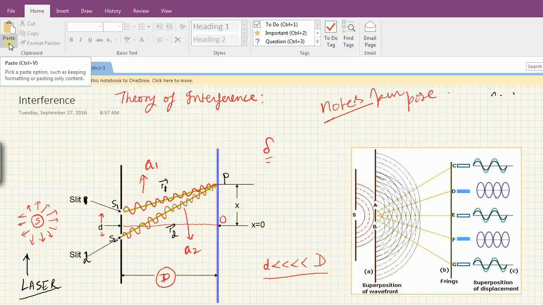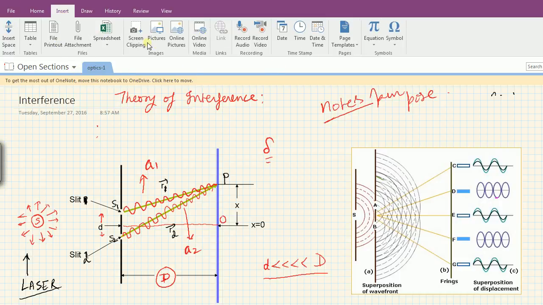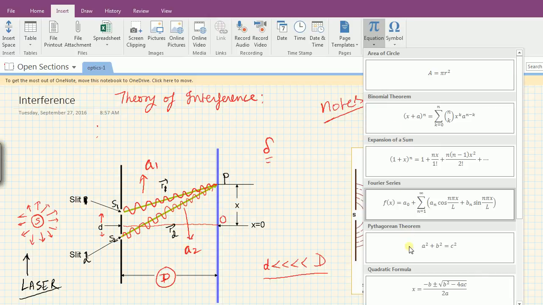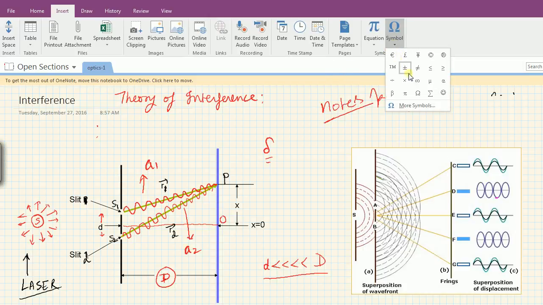The second tab is of the home, in which you can see if you have copied anything you can paste here, right? And if you have to write anything, for that this font is available, font size available, similar as in Word, right? Insert, you can insert the picture, insert the spreadsheet, whatever you want to insert in this document you can add. This is similar to the Word, so you can write the mathematical equations also. You can use symbol from here if you have to write anywhere.